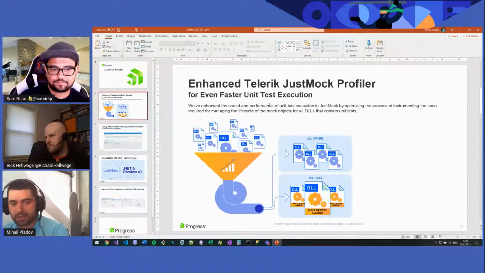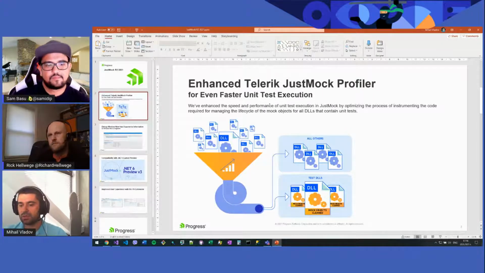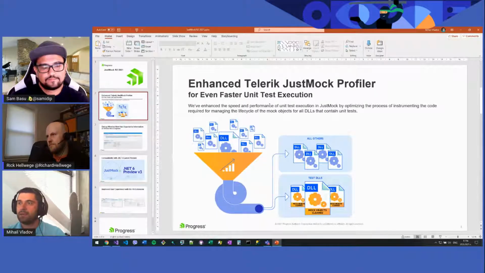With our previous release, R1 2021, we implemented performance optimization, which uses a configuration where you can specify only the DLLs or only the classes and namespaces which you want to mock, and by doing this limit the impact of the JustMock profiler, and this will speed up your unit tests.